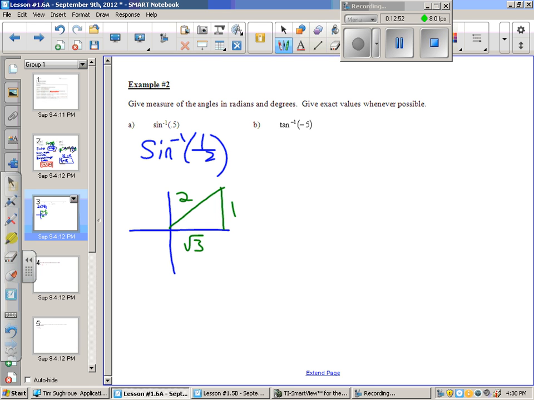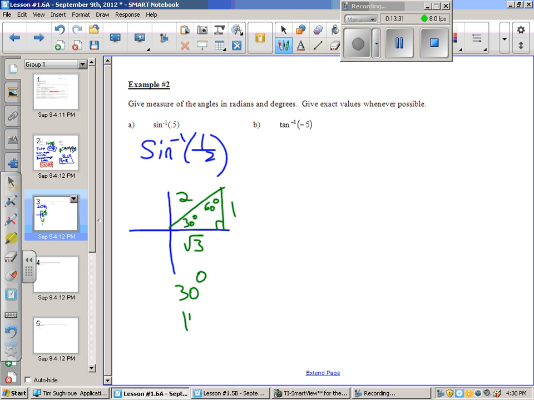If you do not have your 30, 60, 90 triangle memorized, your 45, 45, 90 triangle memorized, and the unit circle memorized, you need to have that done before you come into class tomorrow. That should have been done a long time ago. Across from 1, we know is the 30-degree angle. Across from the square root of 3 is a 60-degree angle. The hypotenuse is obviously a 90-degree angle. By looking at this, we now know across from 1 is the 30-degree angle, so this arc sine is a 30-degree angle. For now, give it both in degrees and radians, although on the AP test, they'll always ask